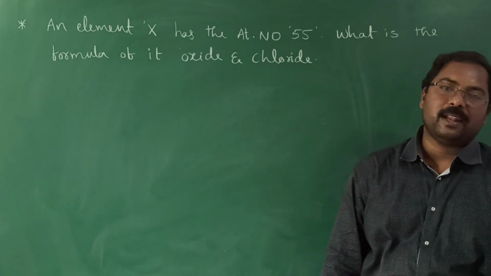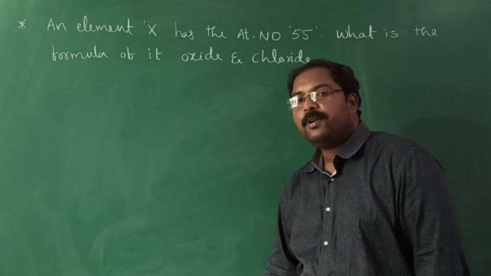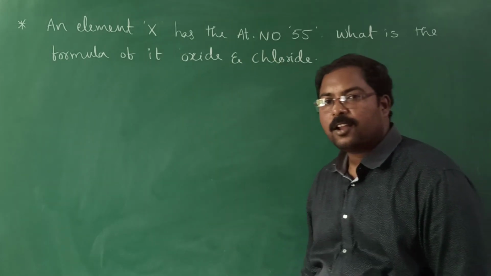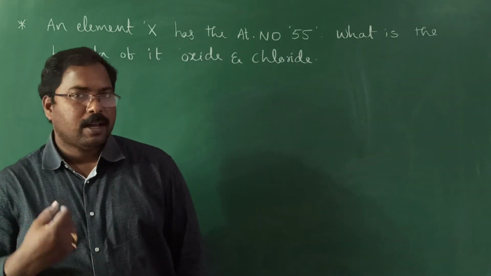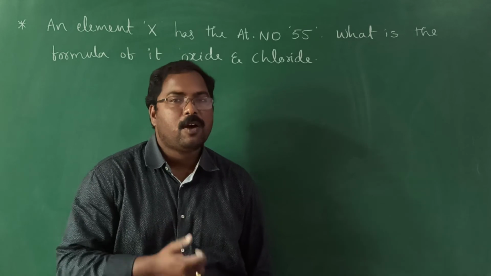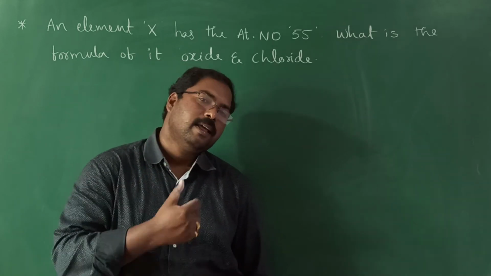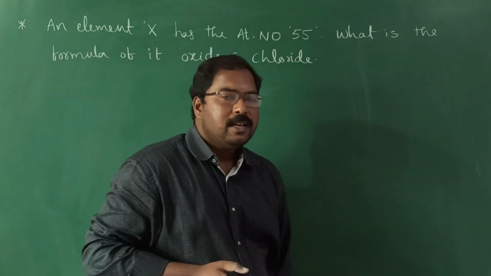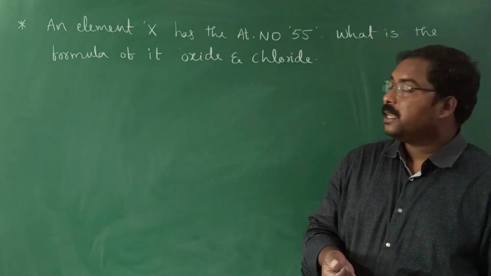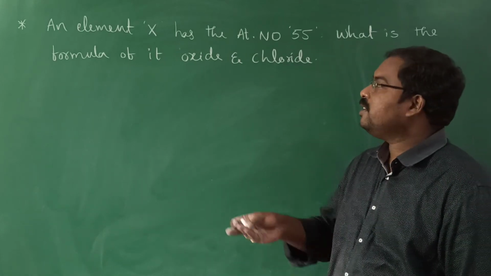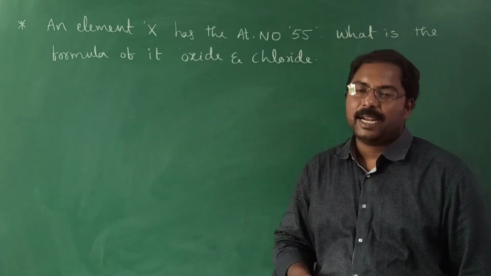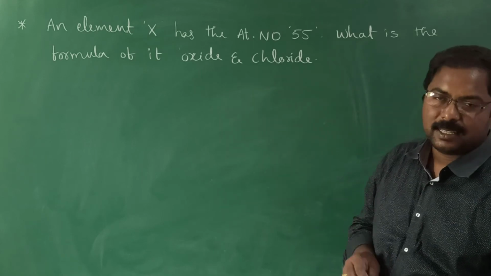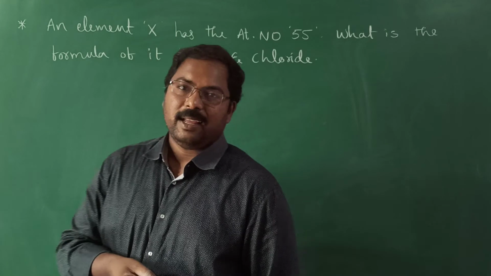So they given only atomic number, so they are asking to find what is the formula of its oxide and what is the formula of its chloride. Oxide and chloride means when that element reacts with oxygen, what will be its formula? When it reacts with chlorine, what will be the formula of the compound formed? So ordinary people will think, sir, you did not explain that. You told how to locate the element in the periodic table, but you did not explain how to find these formulas. So how can we answer this? Is it the correct way?